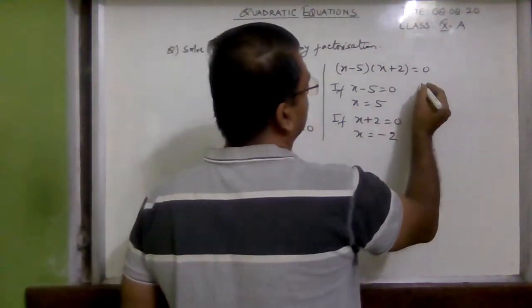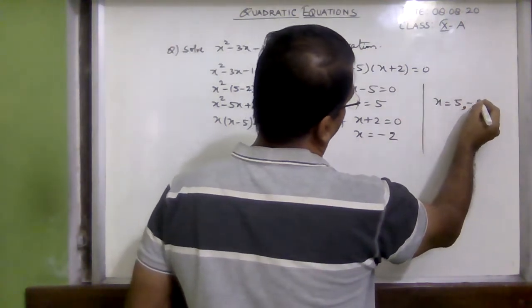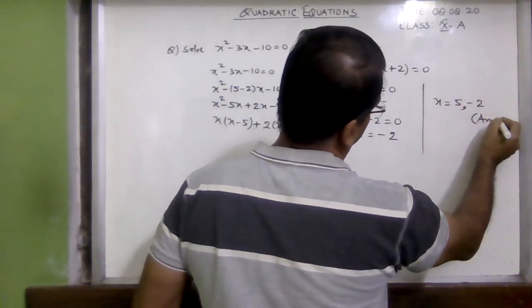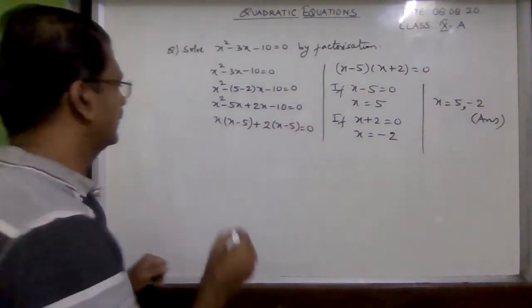So the values are x is equal to 5 and minus 2. That is your answer, the roots of the equation. Clear? The next question: